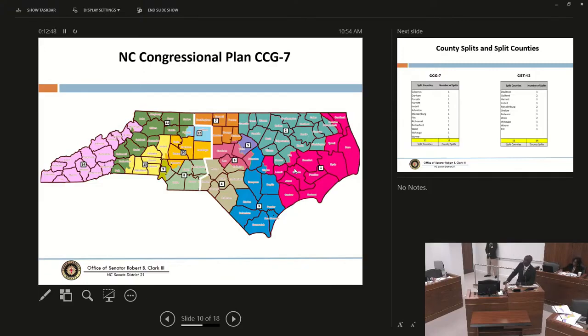Now, in one of my earlier versions of the map, I had Johnston County connected to the coastal district, and I had Onslow County split, with a portion being with the coastal and a portion with the southeast. Some folks didn't necessarily like that. One commented that Onslow County should be kept whole because of the military presence there that essentially permeated the entire environment of the county. So I honored that, and I made Onslow County whole and kept it up in the east.